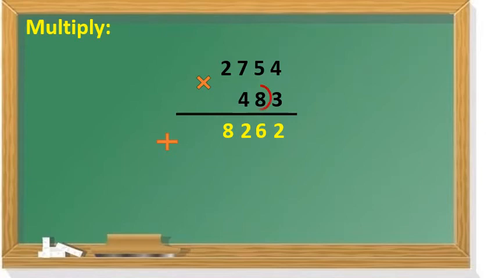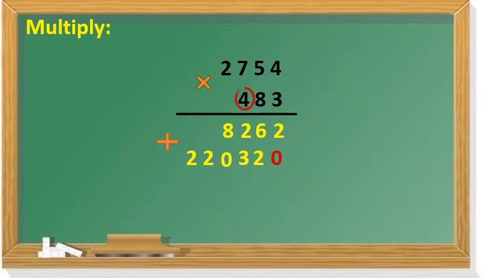Now we will move to the tens place, that is 8. We will multiply the given number by 8. Sorry, here first we will put 0 in the units place. Now 8 4s are 32. 2 we will write here and 3 carried over. 8 5s are 40 plus 3 is 43. 4 carried over. 8 7s are 56 plus 4 is 60. So 0 here and carried over, that is 6. 8 2s are 16 plus 6 is 22. Okay. Our tens place, that is 8's work, is also over.